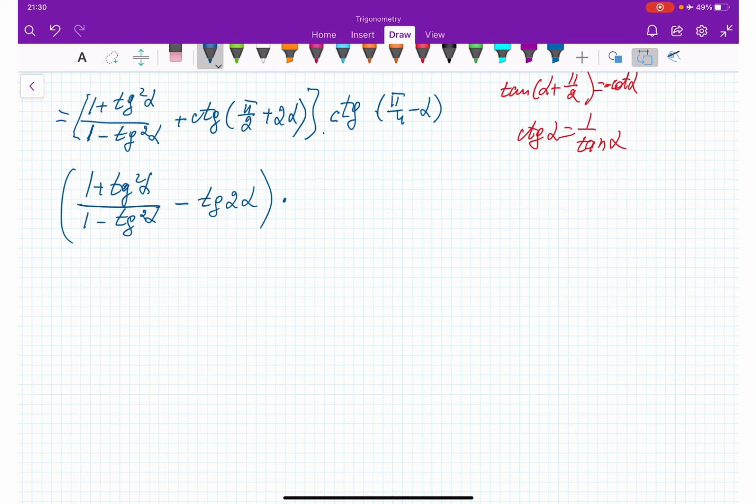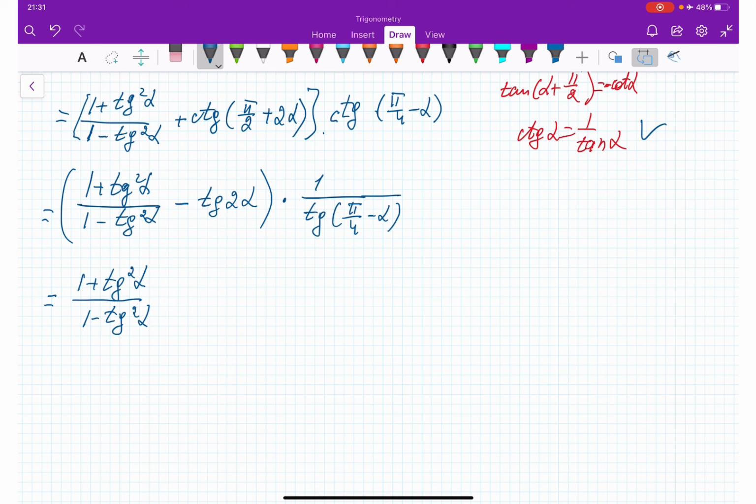Okay, since I have here everywhere I have tangent, I might as well want to convert cotangent into tangent using this formula, right? And I will get 1 over tangent pi over 4 minus alpha. And from here, I have 1 plus tangent squared alpha over 1 minus tangent squared alpha,